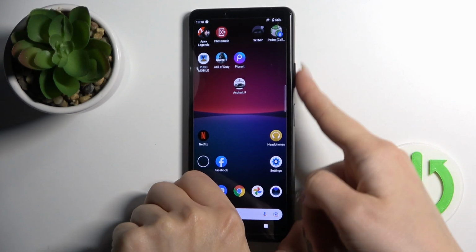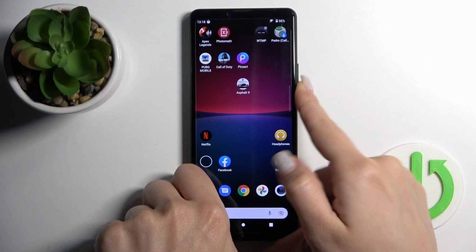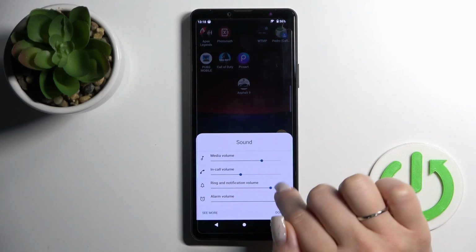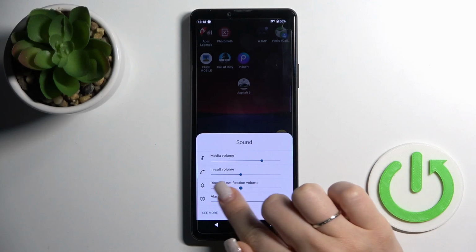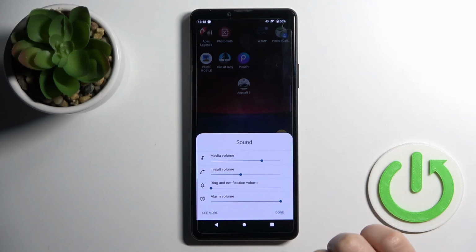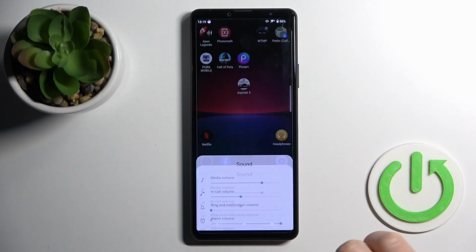Also, we have the second way how we can do that. Just first we should press up or down volume button on the right side of our phone, click here on these three dots, and then tap here to ring notification volume panel. Just to mute our device ringtone, we should swipe to the left side as dot and then tap here to